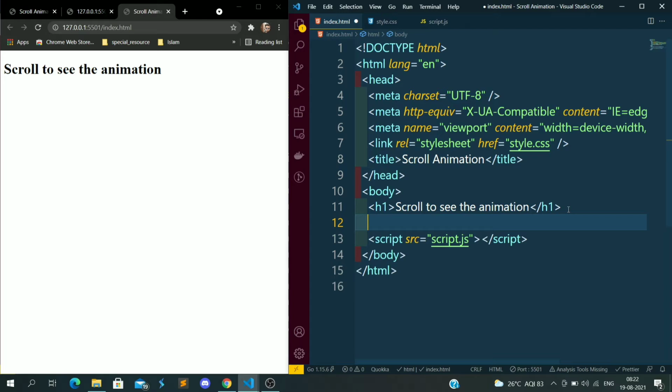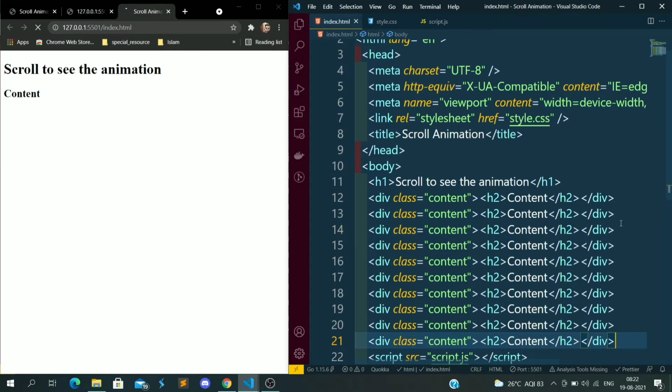Let's give the class name content, and inside that we add an h2 with the text content. In the same way I need 10 cards, so I just copy and paste it: 3, 4, 5, 6, 7, 8, 9, 10.